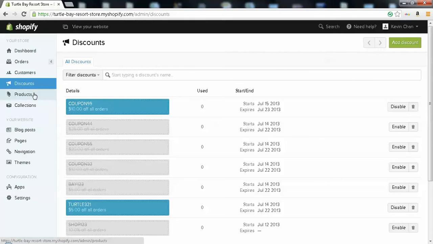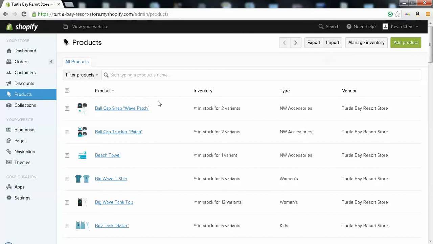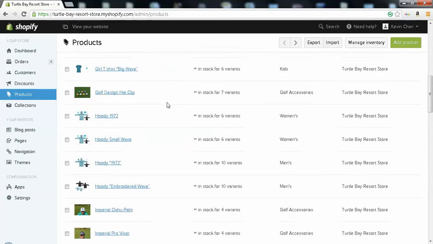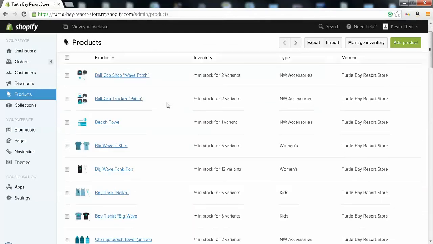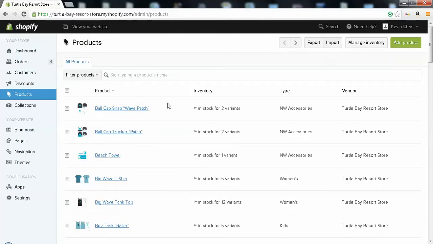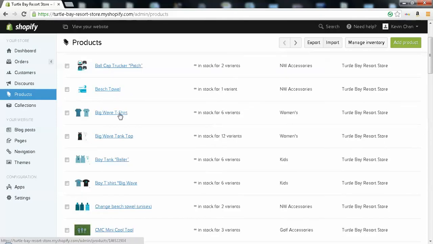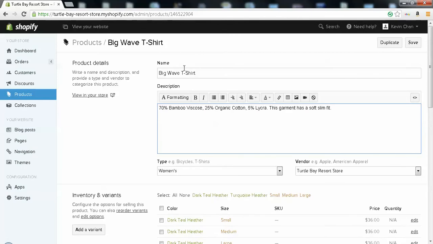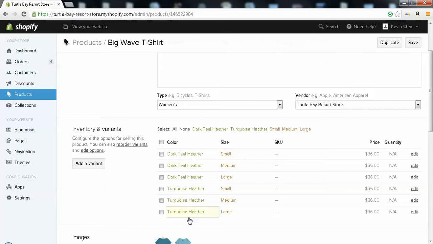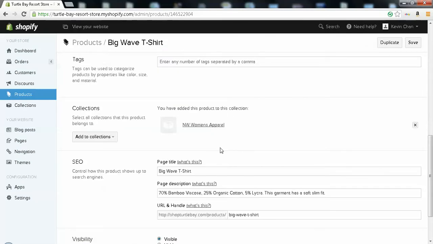Okay, the next tab is products. Products basically will list all the products in every single store. So you can see all the products here that were added. That's every single product in every store. And basically, if you wanted to edit a product, let's say I wanted to edit this Big Wave t-shirt, I'd click here, click on the product name, and you can see the title of the product, the description of the product, the colors of the product, the image of the product, what category it belongs to,